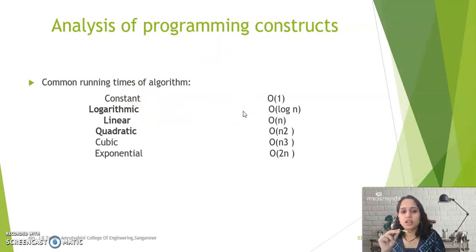Whenever an algorithm is taking a time equal to the logarithm of the input value, then we consider it as logarithmic. If the input value and the number of steps executed are directly proportional, then it comes under linear. If the number of steps executed and the input size have an n squared kind of relation, we will talk in detail when we go to the actual slide, then it comes under quadratic. Whenever the time requirement is n cube, the cubic size of the input, then we call it cubic, and the last one is 2 raised to n, that is exponential.